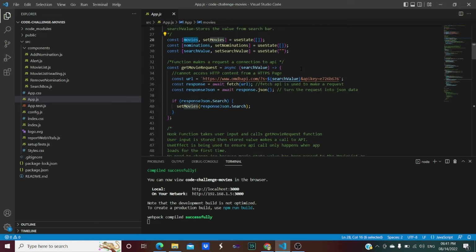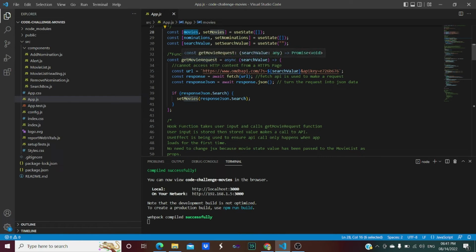Then over here within this get movie request function, as you are able to see, it will request the list of the movies according to the search value that is given by the user. And over here this API is used, and the URL that is used is omdbapi.com.